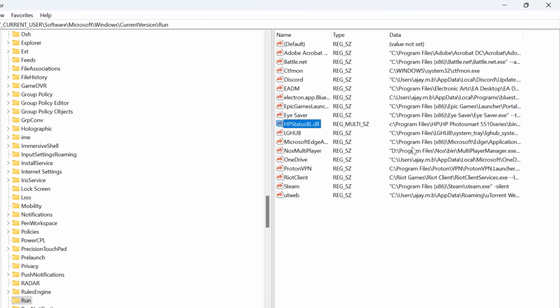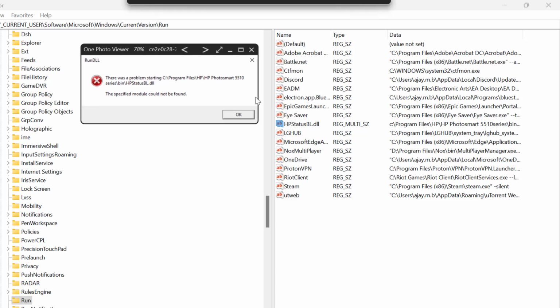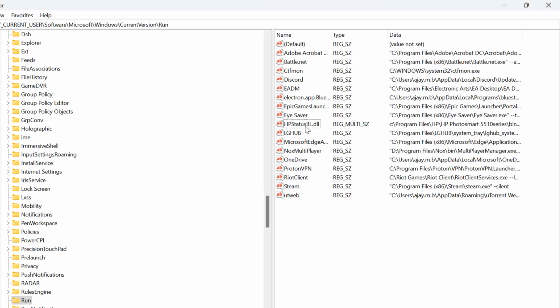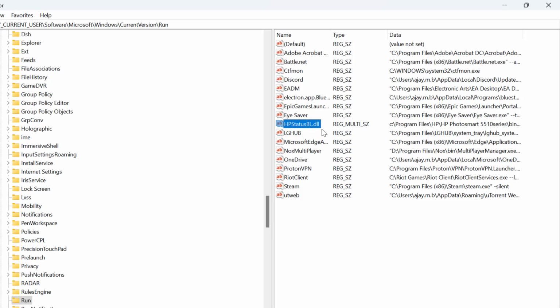And now you need to make sure that the words are the same as in the error message right over here. Just check it. Program files, HP photo smart, 5510 series, bin, and hp static bl.dll. After confirming that, you just need to right click on the file and select delete it,